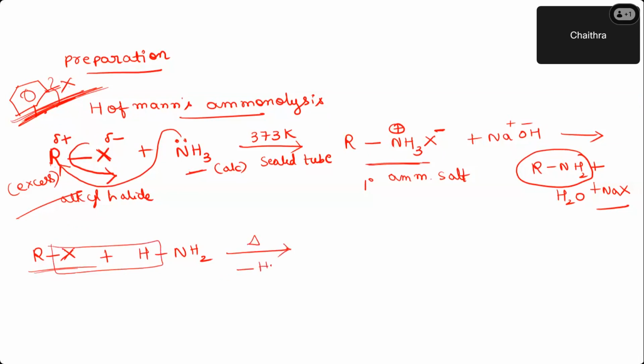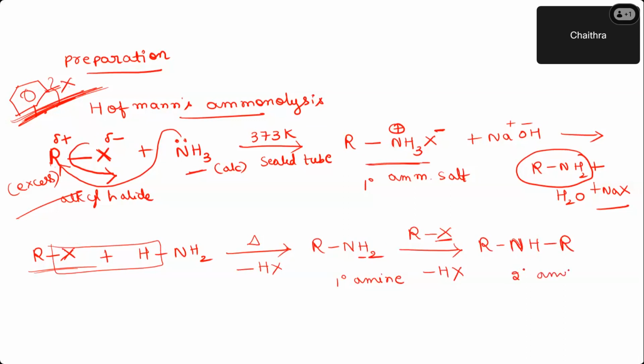Now, can you tell me what product is formed in this case? I get RNH2, a primary amine. Next step, again I have taken excess alkyl halide. Can you tell me what the product is in the next case? I took RX, so from here one H, from here X I will replace. HX will go out and I get RNHR. So what is the nature of this amine? Nitrogen is directly attached to how many carbon atoms, guys? It is a secondary amine, right?